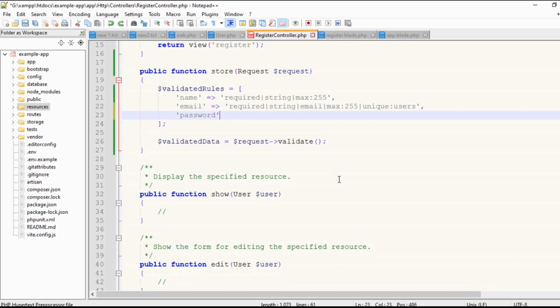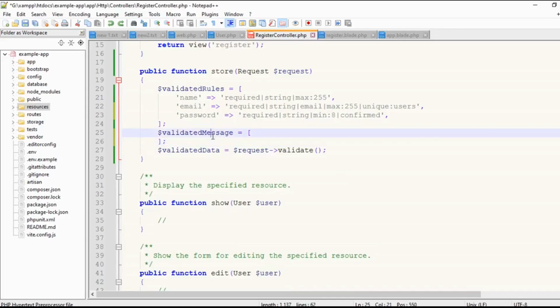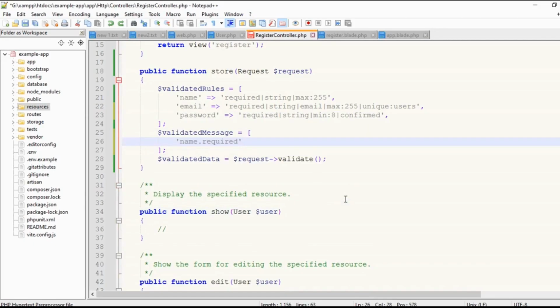For the password field, the rule is that it is required, must be a string, must be at least 8 characters long, and must match the confirm password field, which must be named password_confirmation. Next, we need to define validation error messages for each rule. We'll create a $validated message array to store messages for the name field required attribute, as the name field is required,